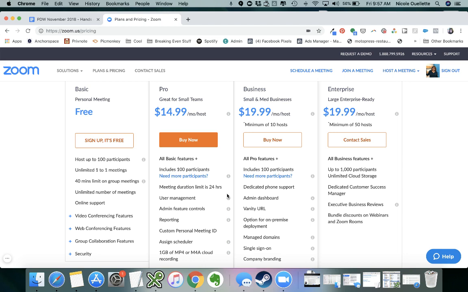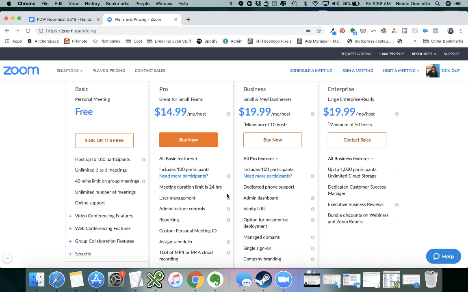And then the higher tiers basically allow you to have more people. So for example, let's say that you were doing a webinar with 200 people and you didn't necessarily want to be able to see everyone's face. You just wanted them to be able to see your screen and be able to chat. A webinar format might be best for you. You can have branding for your company and stuff like that. So anyway, just know that there are a few versions, but for most people probably watching this video,